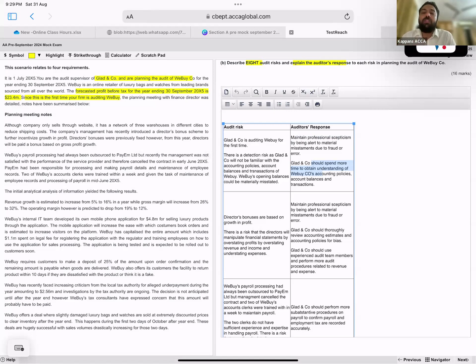And most of the examiner's reports have very clearly stated that the first paragraph should be read carefully. Particularly whenever the client is a new client, that will be stated in the first paragraph itself. And your explanation should definitely contain the words detection risk. So continuing with the next paragraph,